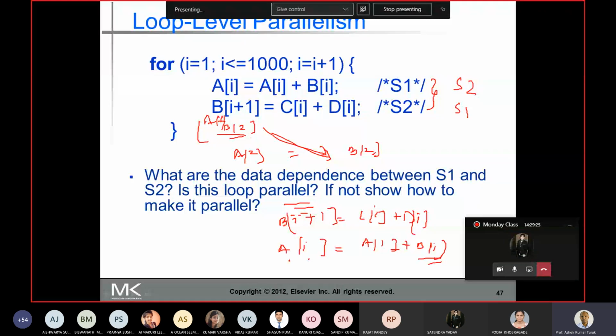A1 is equal to A1 plus B1. Then I can check this one, change the loop: A of I plus 1, and this also I'll change to A of I plus 1. So I'll slightly change the loop. First, I'll change the order of the statement execution, and I'll slightly rewrite the statements.